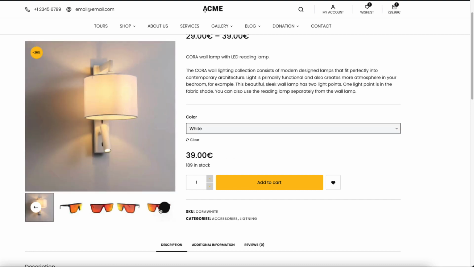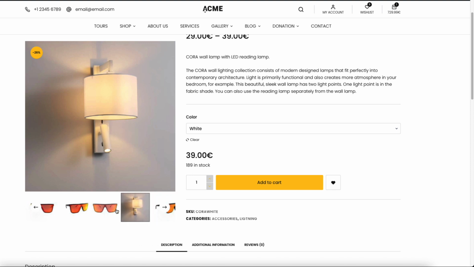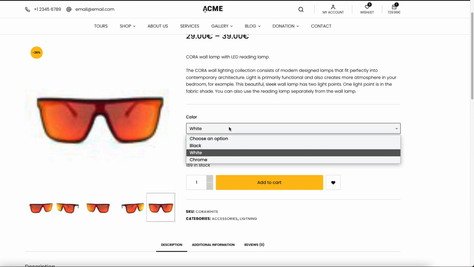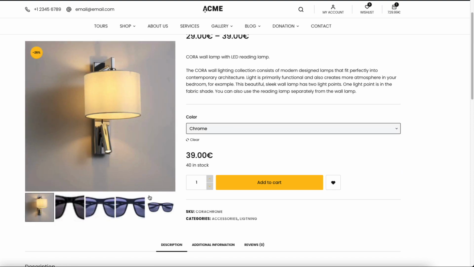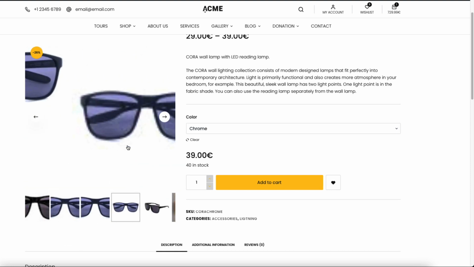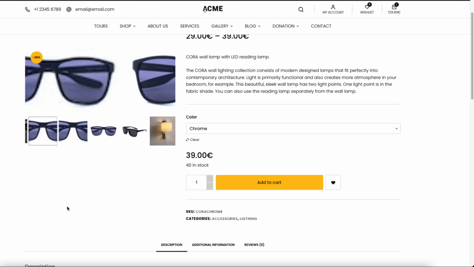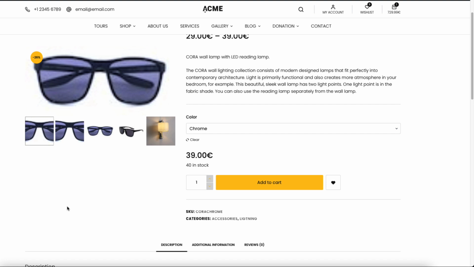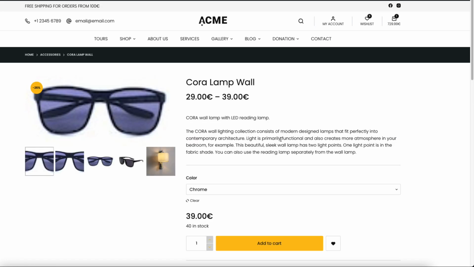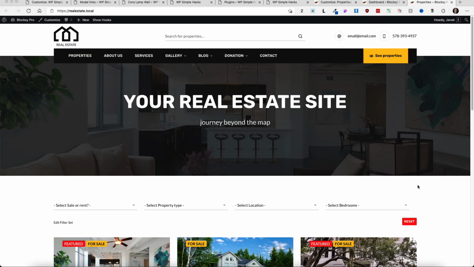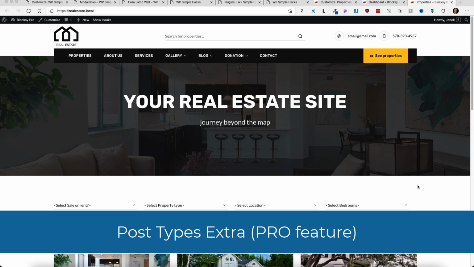white, other images, and third one, Chrome here. It seems that I uploaded small images, but nevertheless you get the picture. It's a nifty feature, and if you haven't followed the changelog, then you maybe missed that Blocksy has a variation image gallery built in. And now let's move to the third hidden feature, and this time I'm gonna show you